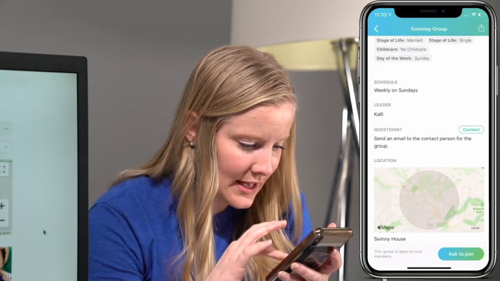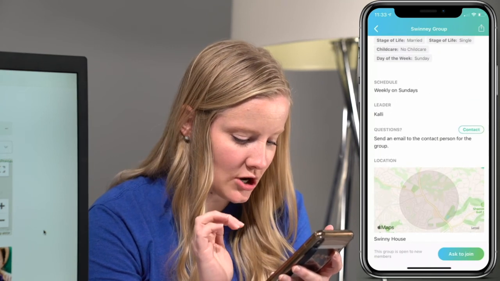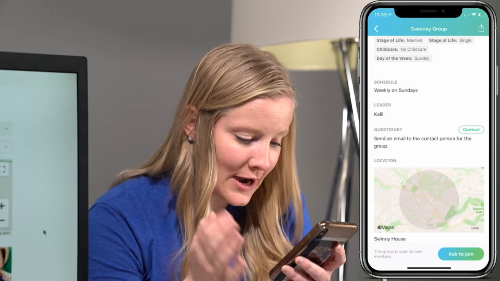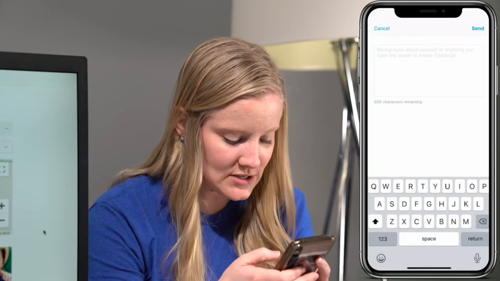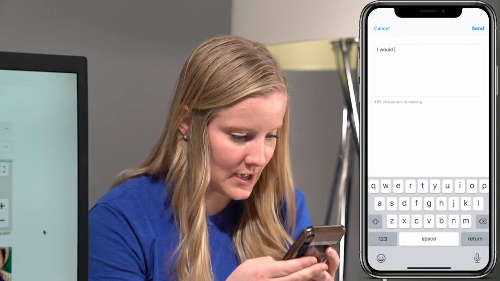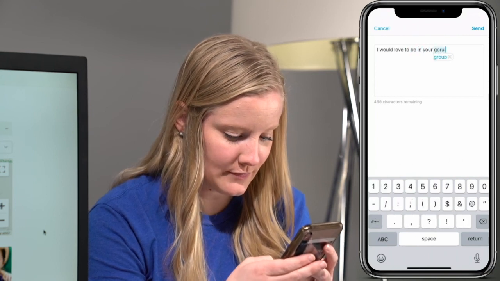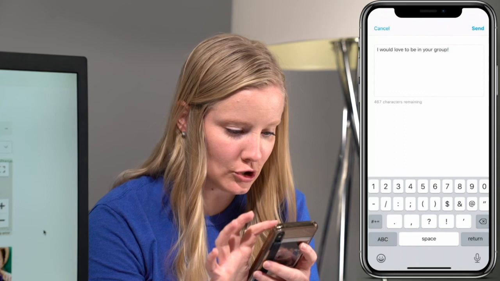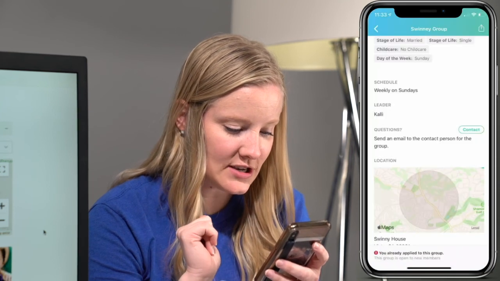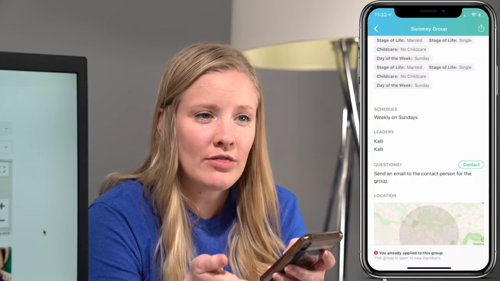And it looks like Callie is the leader. So I know her really well, and I would love to be in their group. So I'm going to ask to join. I would love to be in your group. Thank goodness for autocorrect. So I'm going to send that to her, and Callie will get an email that lets